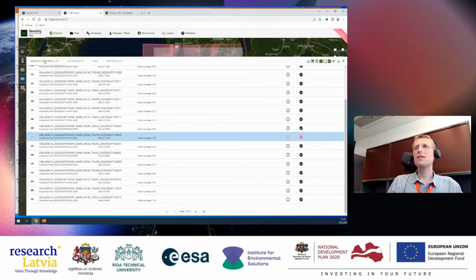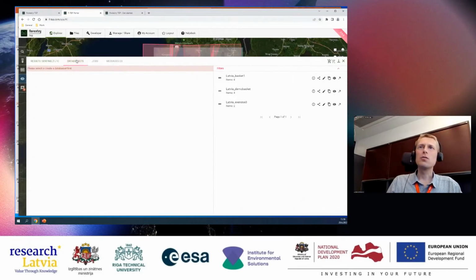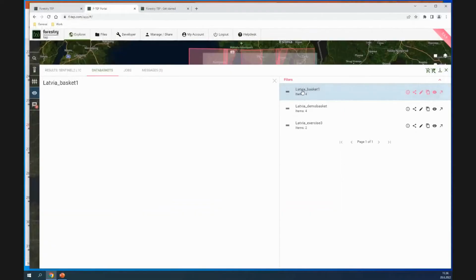And in this data panel, if you do any researches, you can find the results here. Also, you can go through your data baskets, so you can see what data baskets you have and what files you have in there.